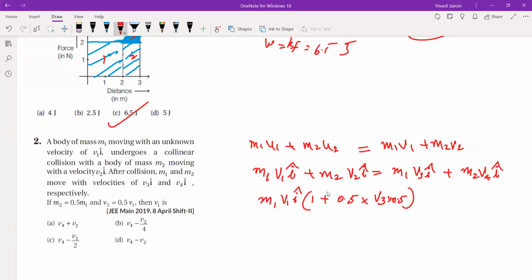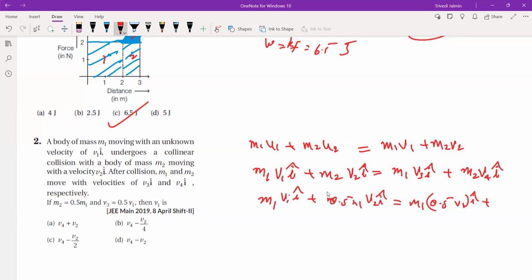No, this is the V2 value. I'm sorry, I got it wrong here. V1 as it is. M2 is 0.5 M1. V2 as it is. M1 as it is. V3 is 0.5 V1